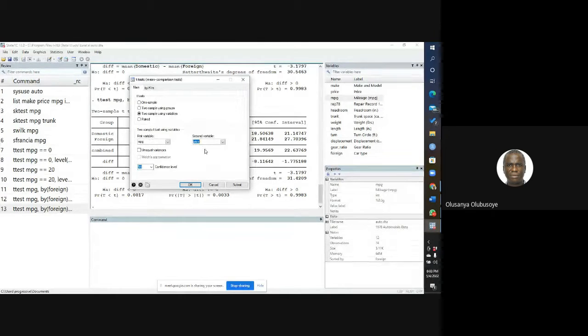We might be saying that the mean population of the MPG is not different from the mean population of price. I'm just saying this hypothetically. Ideally, when do we use this type? If, for instance, you have